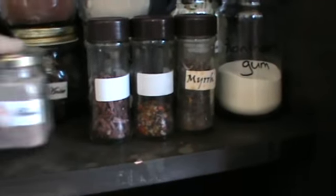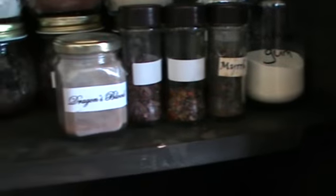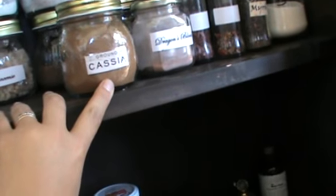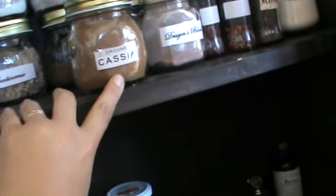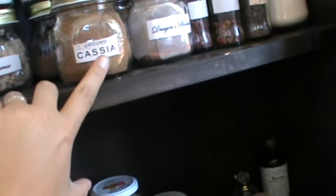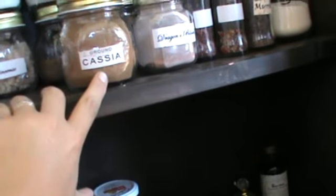Red sandalwood chips, dragon's blood, love dragon's blood. Ground cassia powder, which is like really super hot chamomile, cinnamon. It's like super hot cinnamon. It's really quite strong, and I use this quite a bit. I use this instead of cinnamon. Really, I only really use cinnamon for cooking, so that's gorgeous. Mullein leaf,